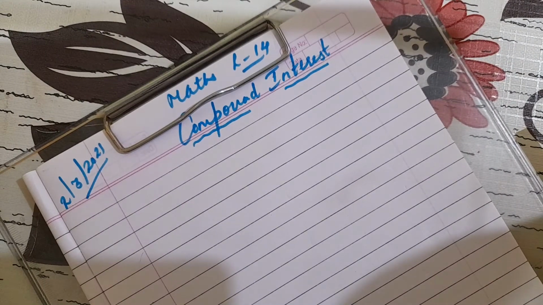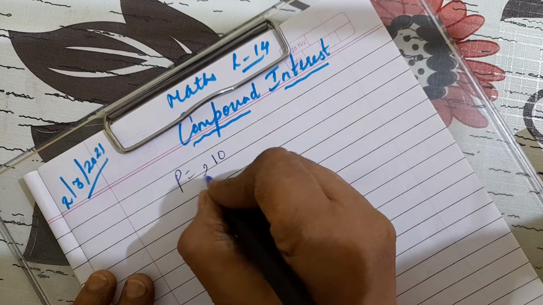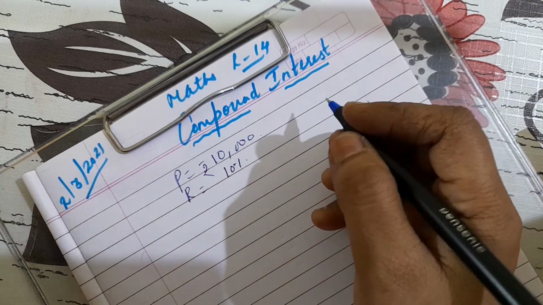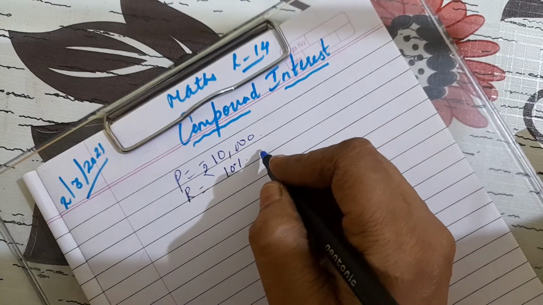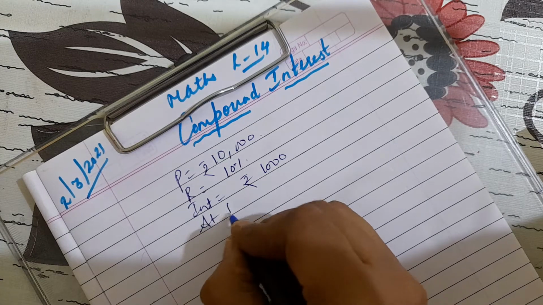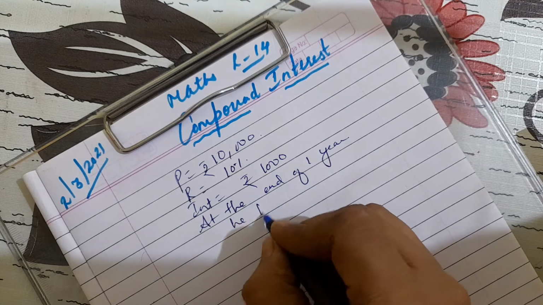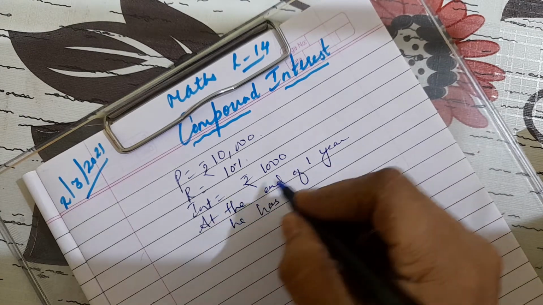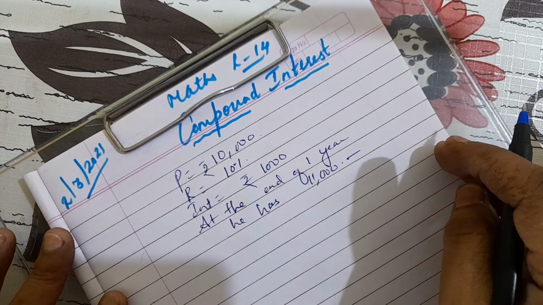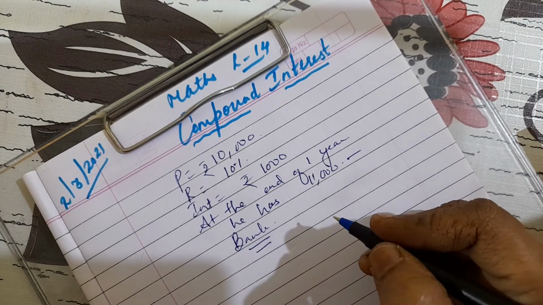So what will happen, children? Now look here, roughly: suppose the principal borrowed is 10,000 rupees at the rate of 10%. I am just doing rough calculations: he has to pay 10% interest, say for example 1,000 rupees. That means at the end of 1 year he has to pay 11,000 rupees to clear his debt, correct? But at the end of the first year he is unable to pay. Now what will the bank do?